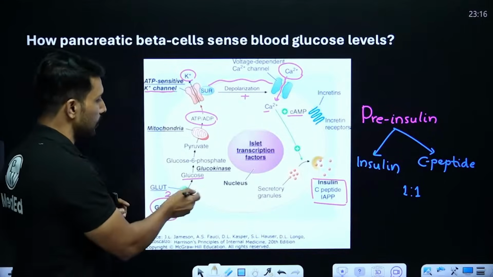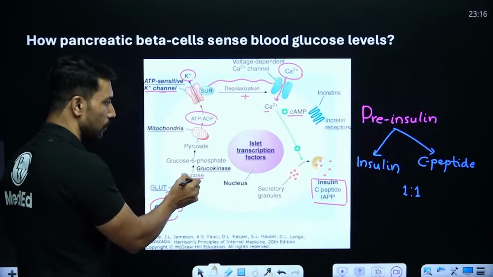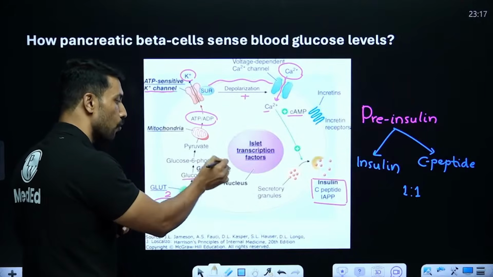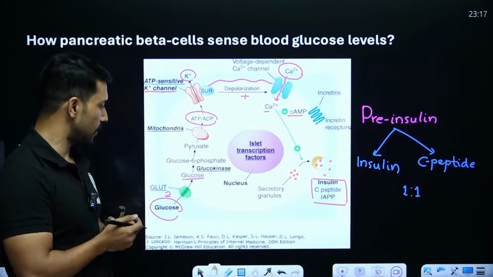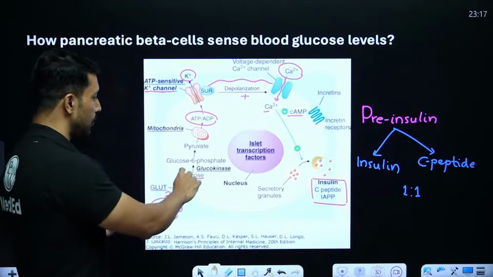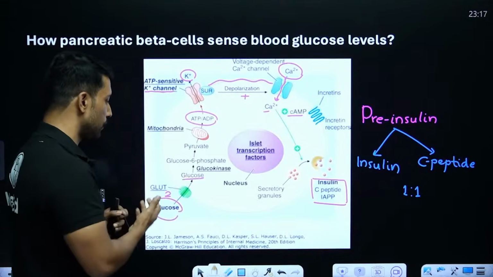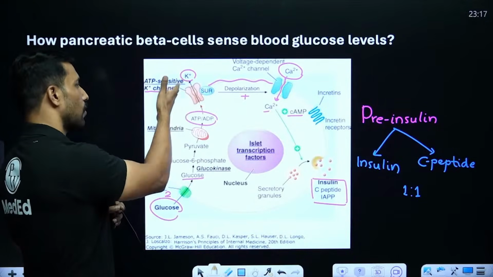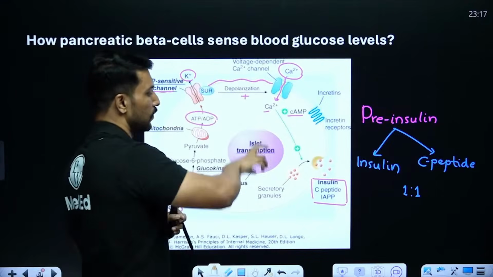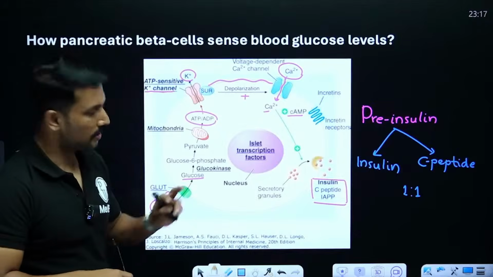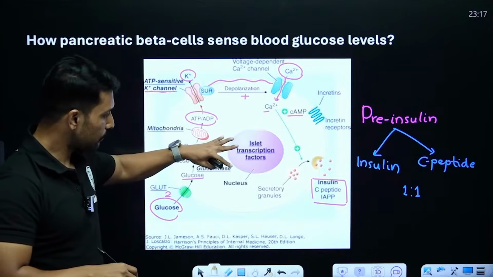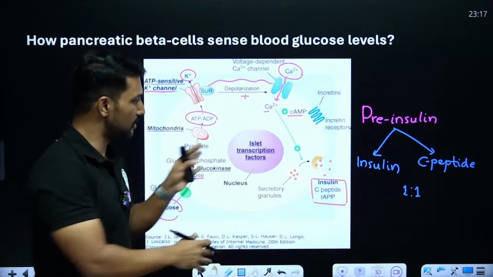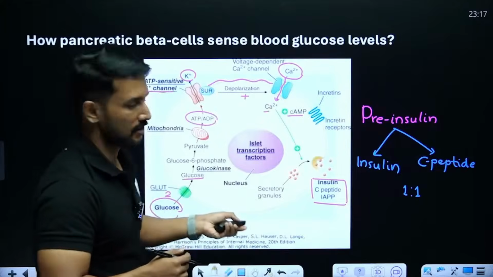Just to give you an example, when you see this pathway, glucose conversion to ATP includes a very important rate limiting step catalyzed by glucokinase. So if there is a mutation in this glucokinase in the beta cells, then I may not be able to convert this glucose to ATP. So even when a large amount of glucose enters the cell, it will not be able to cause depolarization of the membrane, calcium influx and release of the insulin. Here beta cell number is fine. Insulin, if released, is able to work, but somehow this process of sensing and release is getting disturbed.